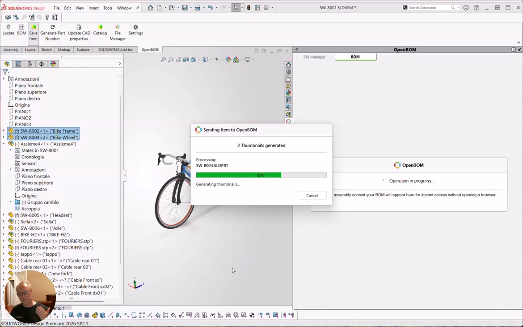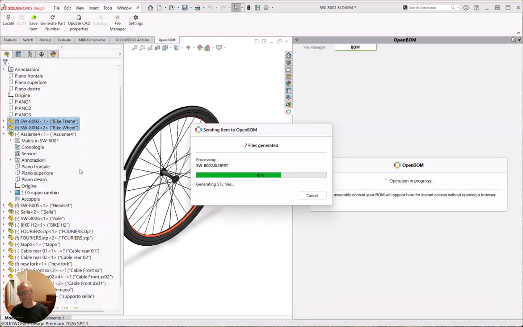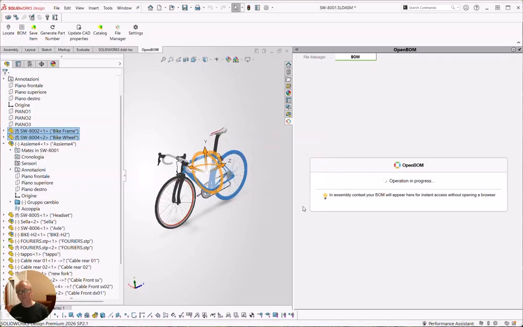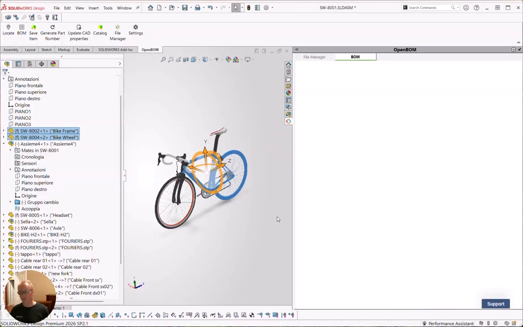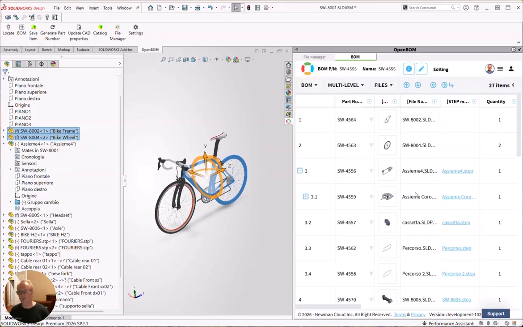The other thing is that this highlights the importance of the OpenBOM Smart Sync. So OpenBOM's only going to sync any data associated with those two files that I've selected there. So consequently, any steps or PDFs or anything else that was generated from any other parts will not be part of the upload. So as you can see, this design has hundreds of files, and we only uploaded just those two